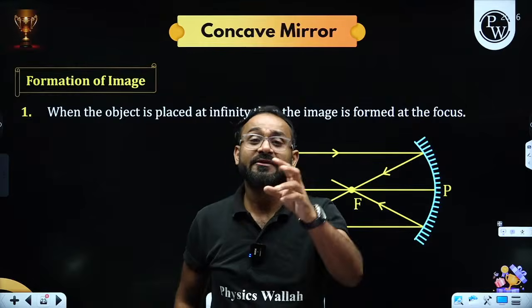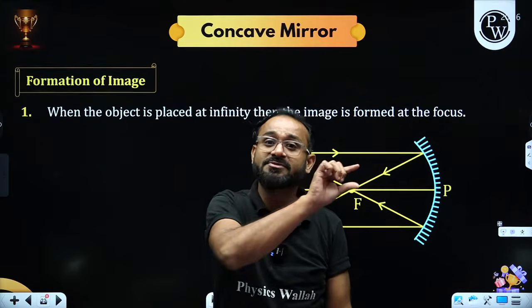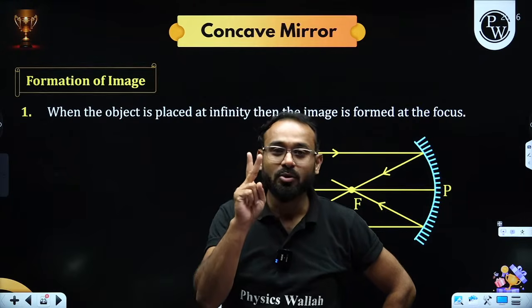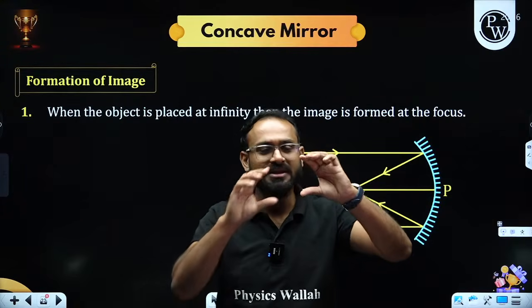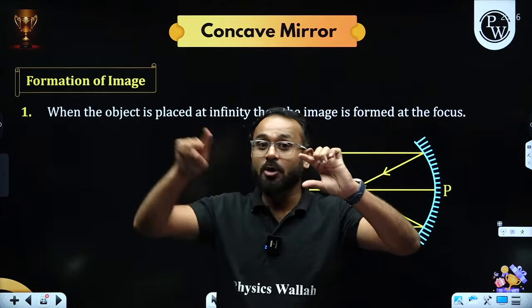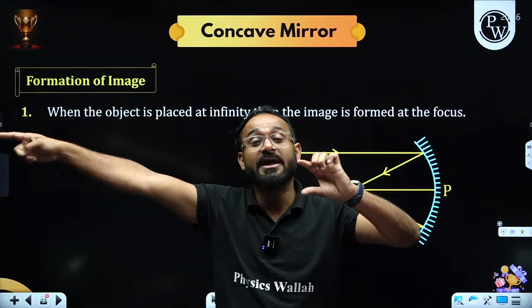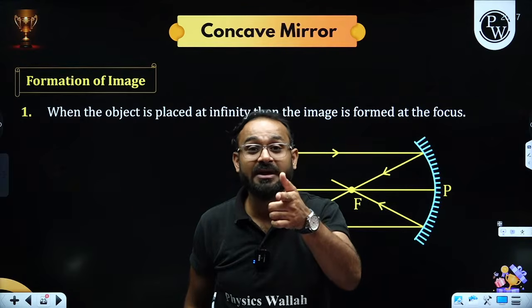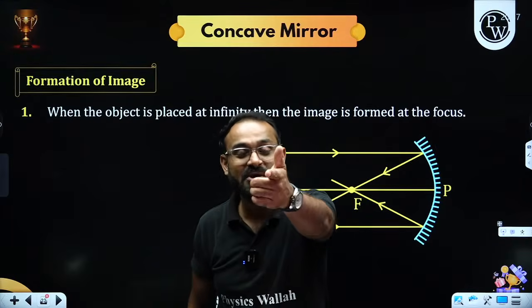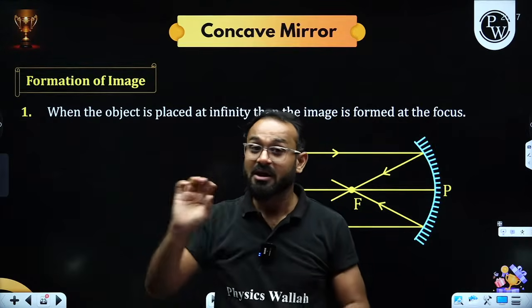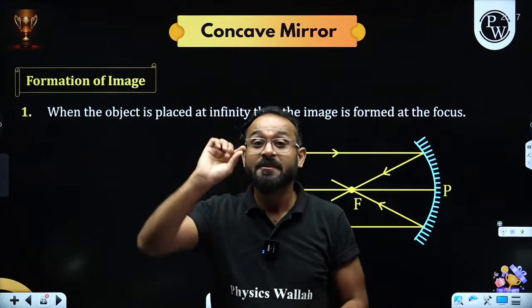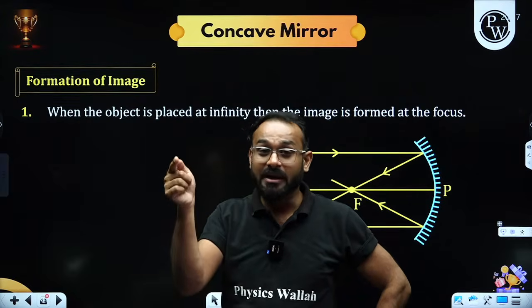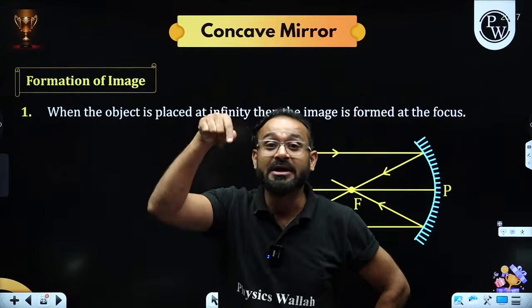There is one more thing. If the object is kept at a very far distance, the light rays which are coming will be considered parallel to the principal axis. These are the two things that we need to think of. First of all, the mirror you are taking is very small. So the object you are considering at a very far distance will be considered as infinity, and the light rays which are incident will be considered as parallel light rays. Very good. So that is case number one. After that there will be a second case, just behind the center of curvature, case number two. Third, we will be placing the object at the center of curvature.